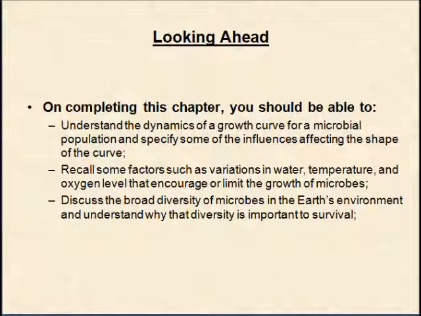you to know. You should understand the dynamics of the growth curve for a microbial population and specify some of the influences that affect the shape of the curve. Recall some factors such as variations in water, temperature, and oxygen levels that encourage or limit the growth of certain categories of microorganisms. Discuss the broad diversity of microbes on Earth's environment and understand why that diversity is important for